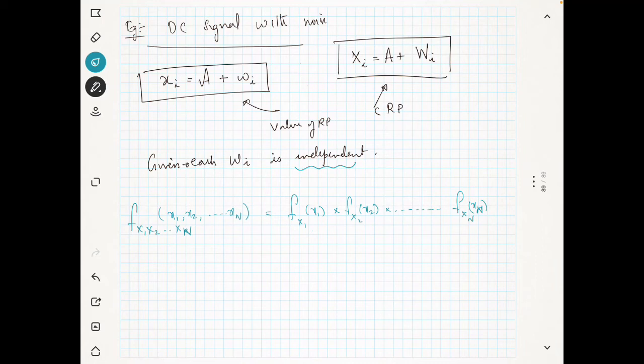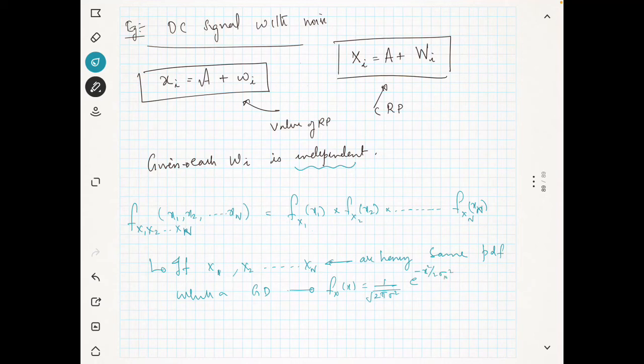Now if x1, x2 up to xn have the same PDF, which is a Gaussian distribution, then we can write like this. For the Gaussian distribution, in general we can say fx of x is 1 by square root of 2 pi sigma square, and e power minus x square by 2 sigma square. Now we can write like this, if everything is Gaussian,